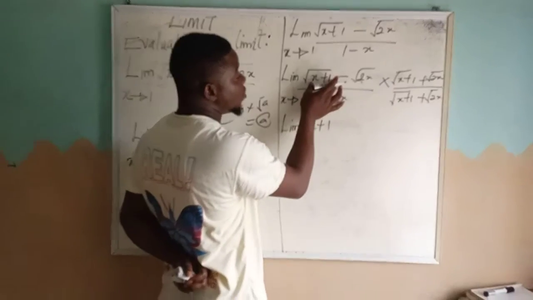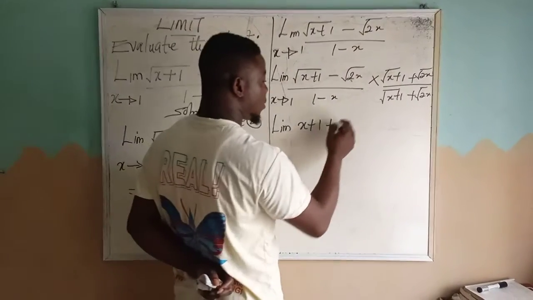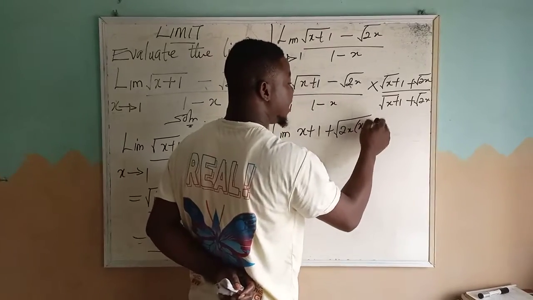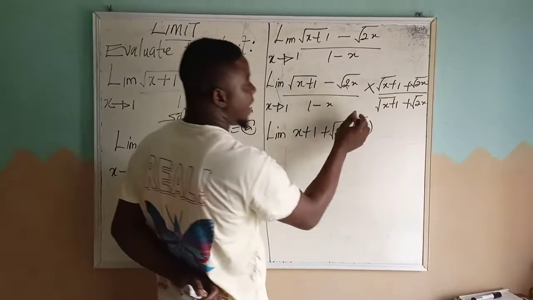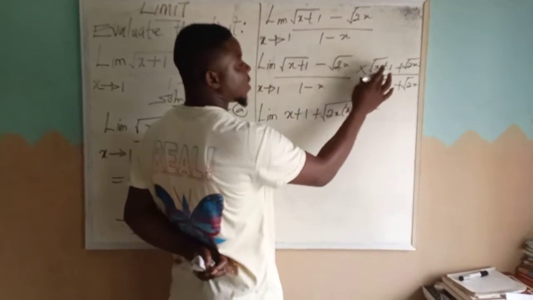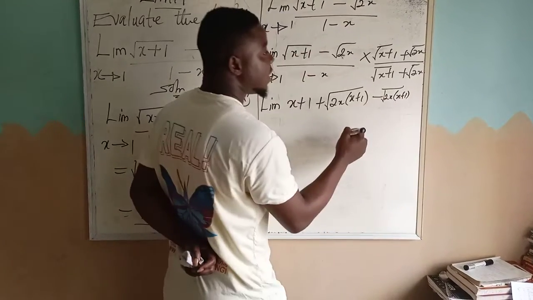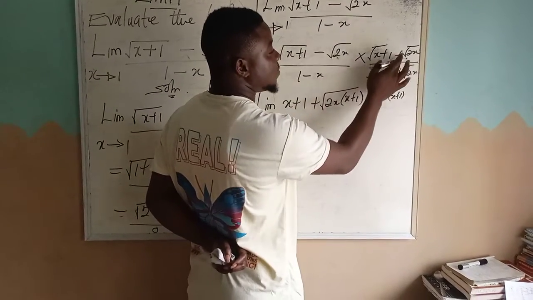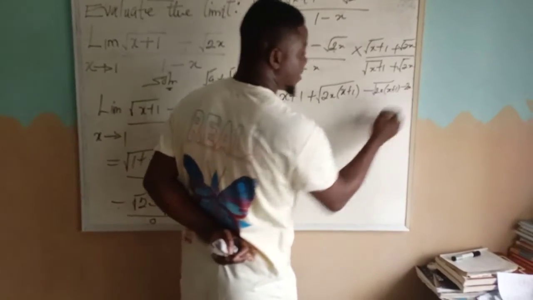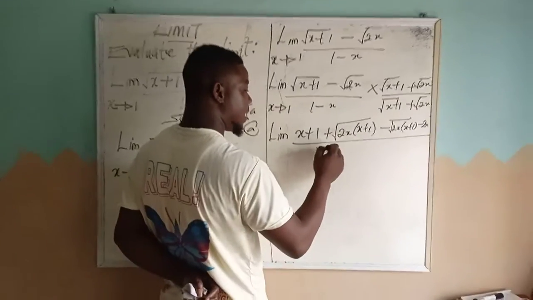Okay? And then square root of x plus 1 multiplied by plus root 2x gives you plus the square root of 2x, we multiply the x plus 1 inside the same root. And then this negative comes in. And then root 2x again multiplied by root x plus 1 will give you root 2x times open bracket x plus 1, and of course, negative times positive gives you negative. And then root 2x times root 2x will give you 2x here. Sorry for that. And then divided by your 1 minus x here,